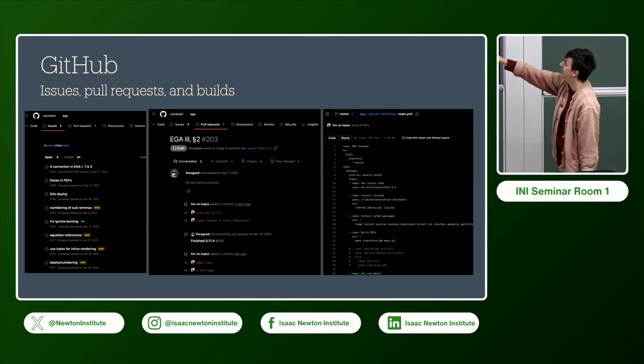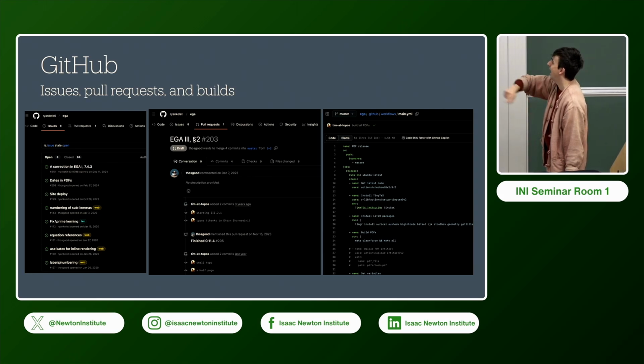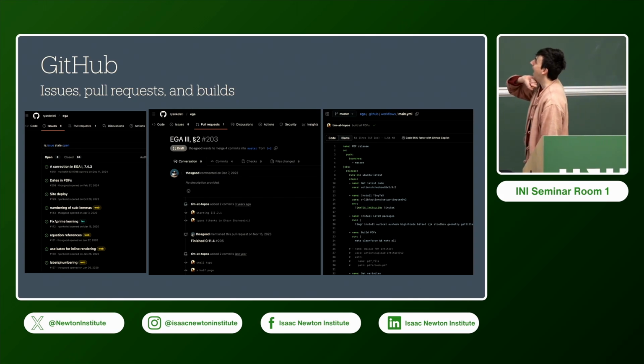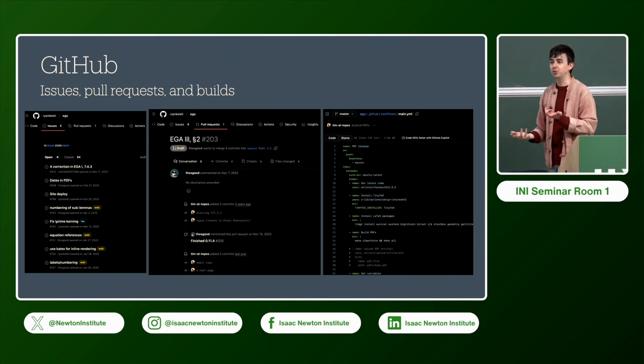You can see there's also people telling me that my numbering of subletters is wrong, and the kerning for the prime notation is wrong, and things like this. I also get a page called pull requests, where anybody can come along and go, oh, I want to do some of this translation.